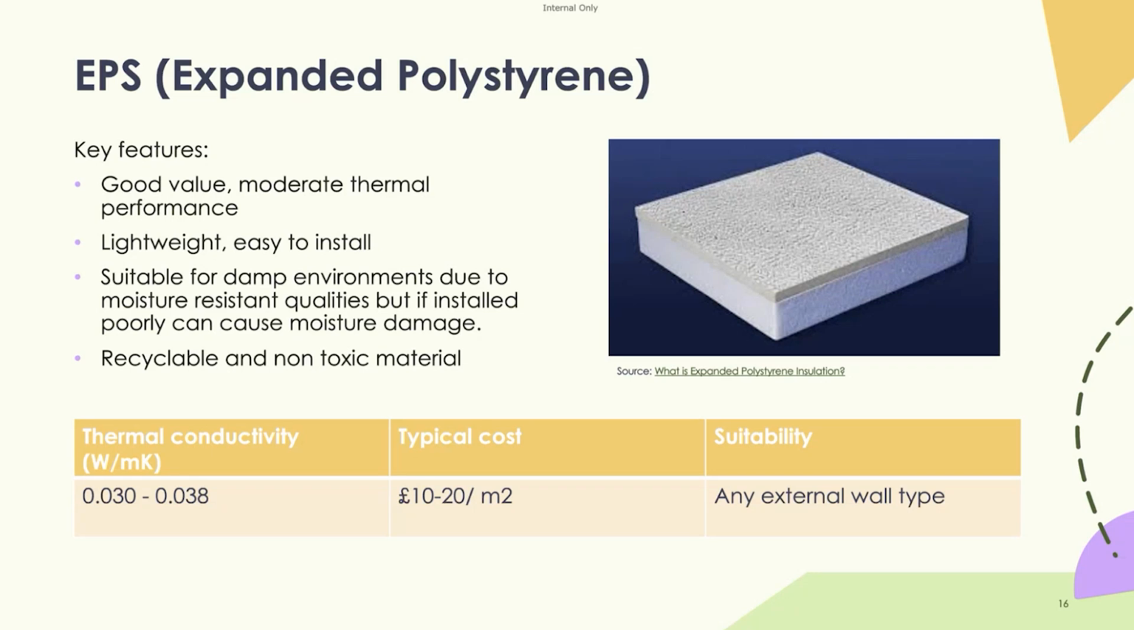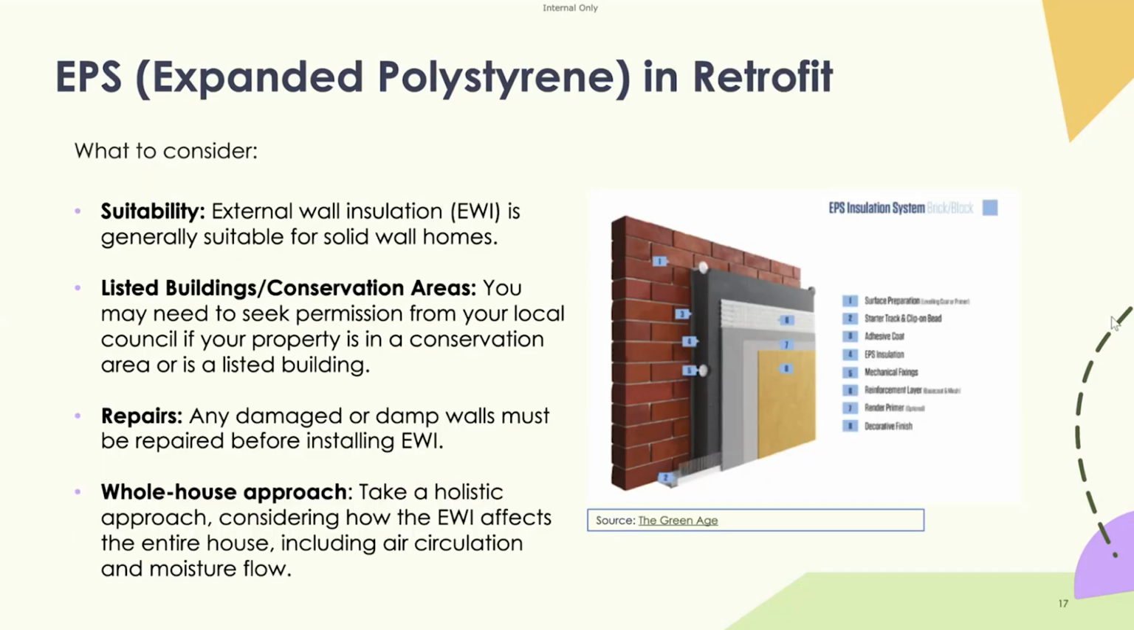So it's one of those things you need to weigh up in terms of the cost analysis and the benefits of both scenarios. But EPS can also be used in blown insulation. So this is an external wall insulation. So rather than internal board, it'll be on the external